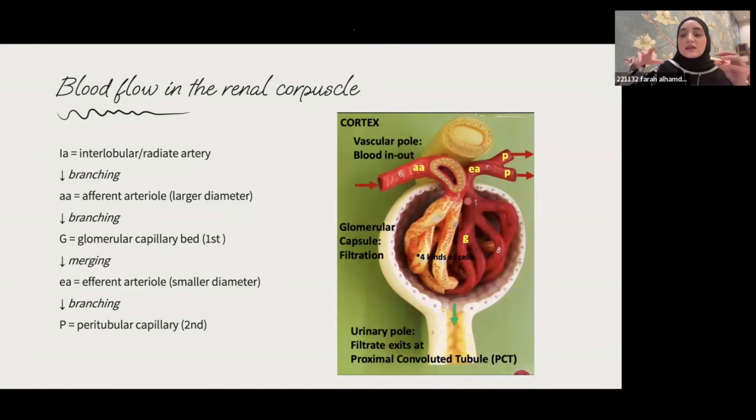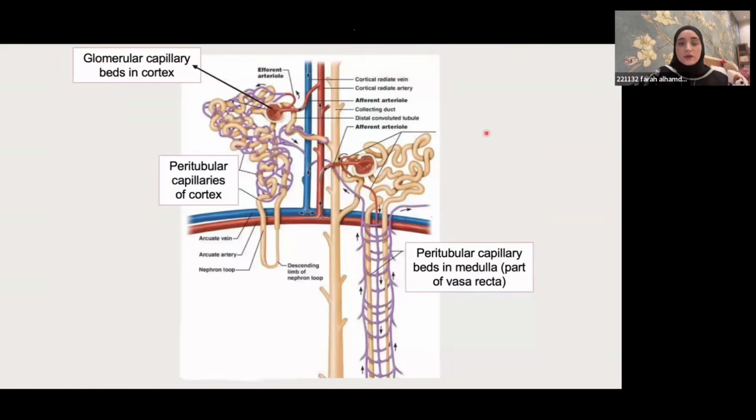And then these capillaries merge to make the efferent arteriole, which is coming out. And the efferent arteriole branches into the peritubular capillaries that supply the rest of the kidney. Basically, this is just a slide showing you how these peritubular capillaries are kissy, huggy with the nephrons in